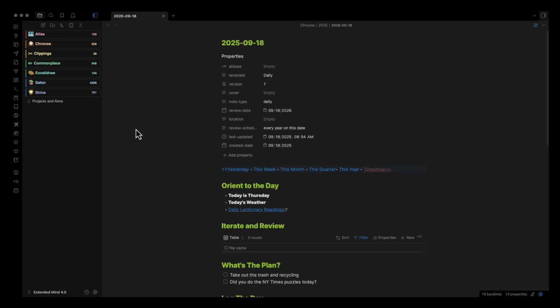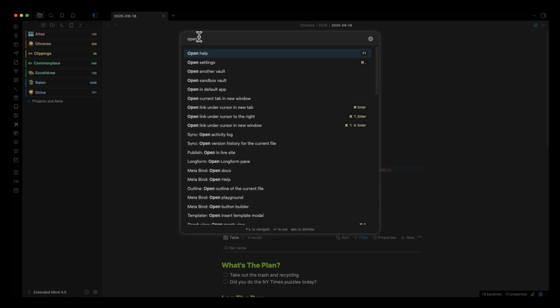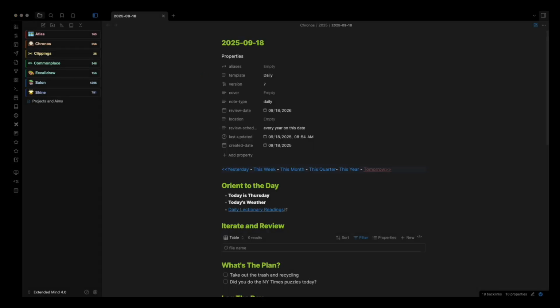So we're here in my Obsidian vault, and there are 2 ways that you can access the Manage Vaults screen. The first is by going down into the bottom left corner and clicking on the name of your current vault. Mine is Extended Mine 4.0. And then you can click that Manage Vaults window. The other option is to do Command P to open up the command palette. And you can see I already have opened another vault because I was testing this. But if this is not at the top of the window here, you would just start typing open, and then you'll see open another vault shows up. And that will also bring up this same vault management window.